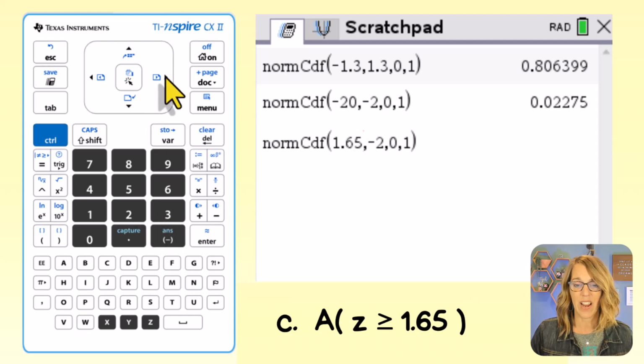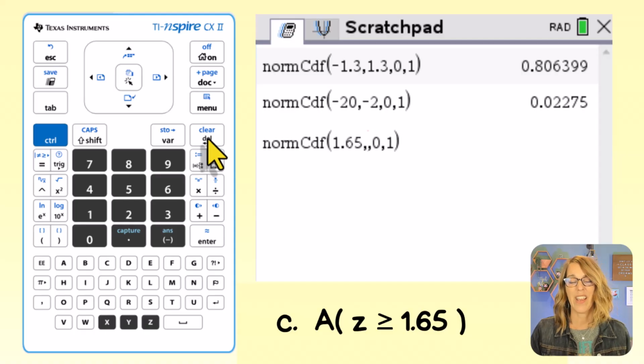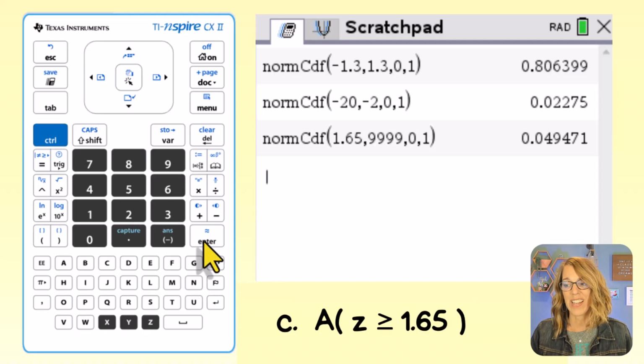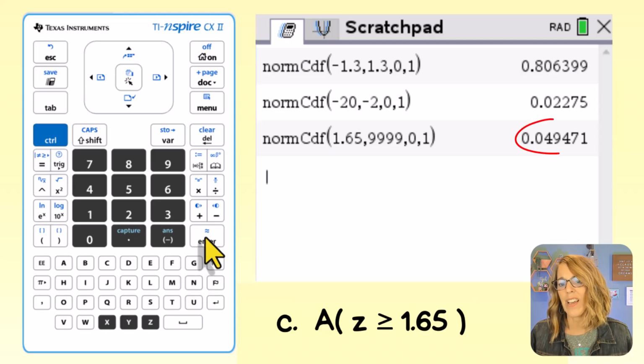1.65. Let's go ahead and arrow over to that -2, and I am going to delete that one. I want this one to be infinity, so I'm just going to type in a really large number here, like 9,999, and I do want 0 and 1, so I'm just going to hit enter, and I get, again, a fairly small area of